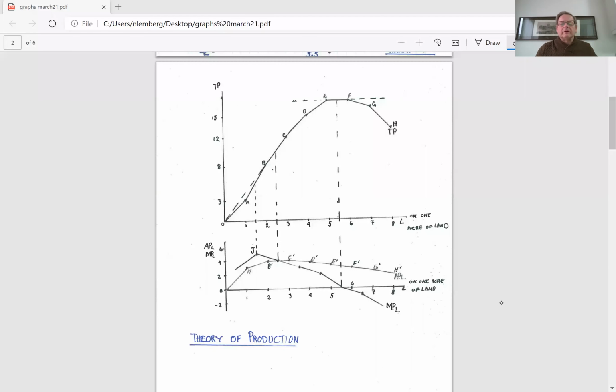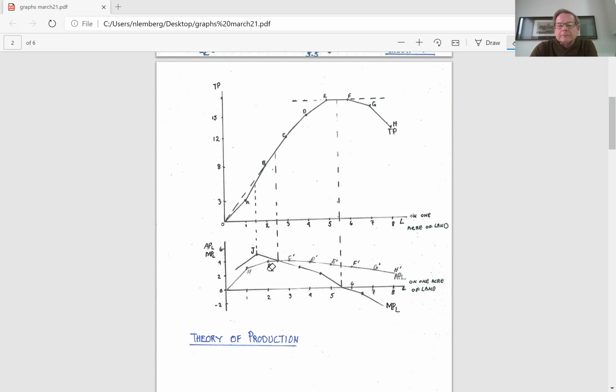So if we're taking a look at these graphs here, the first stage of production goes from the origin 0, to where the APL is at its maximum, and it's at a maximum at 2.5 employees. That's the end of stage one. Stage one, every company wants to go through stage one as quickly as possible. They do not want to stay there because if they add more labor, they're going to get a greater amount